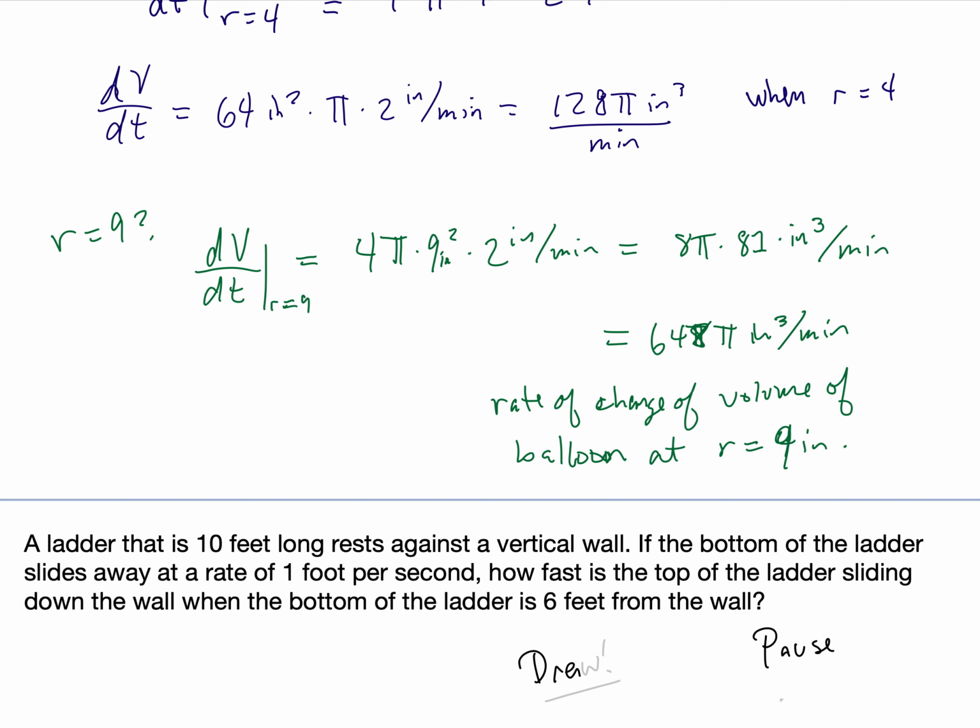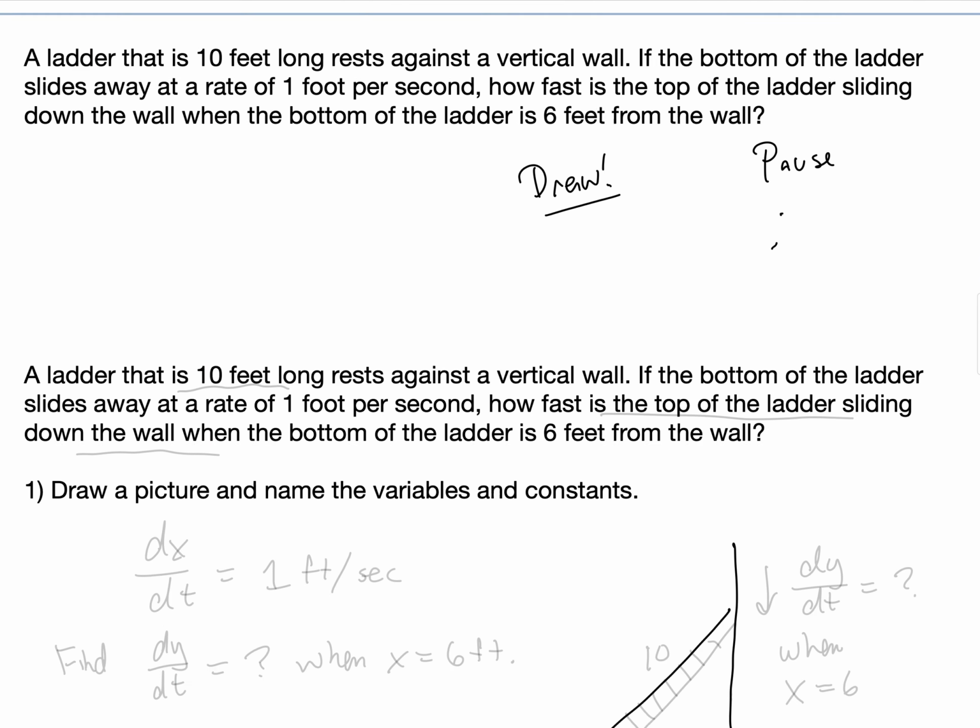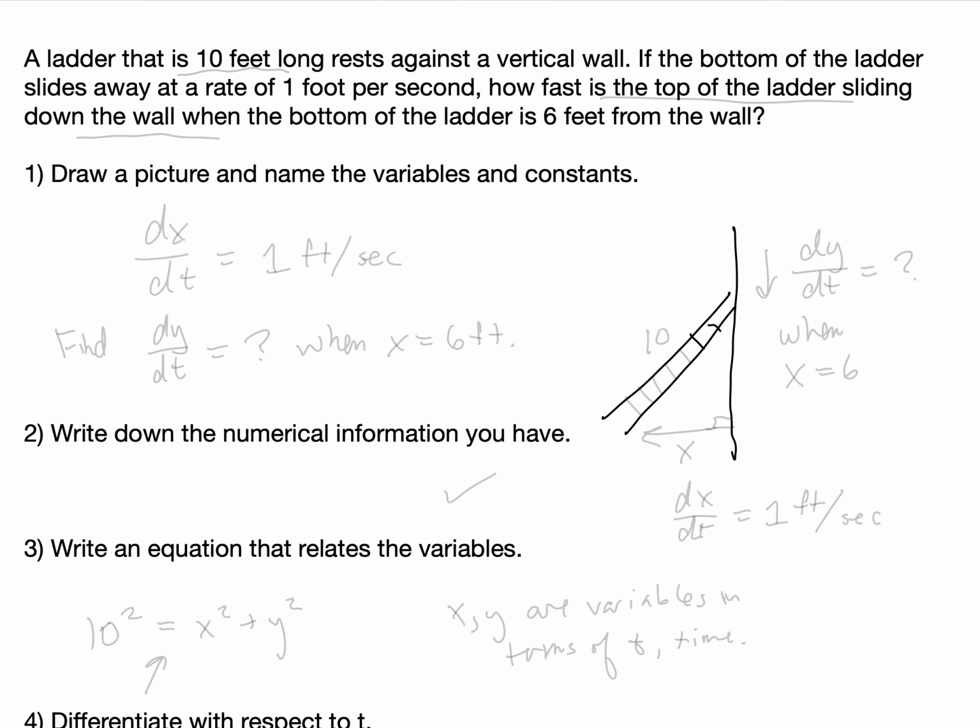Again, draw a picture and pause, and we'll talk about that in a moment. Okay, so we've got some vertical wall, and then there's a ladder resting against it. And so let's see. The bottom of the ladder is sliding away from the wall at a rate of 1 foot per second. Let's call that x, the horizontal distance, and we're saying that dx/dt is 1 foot per